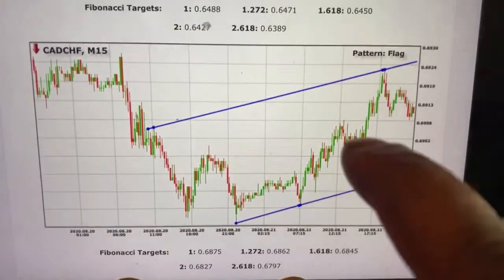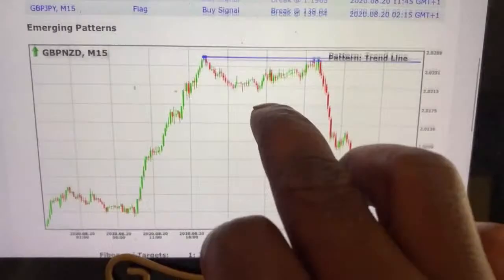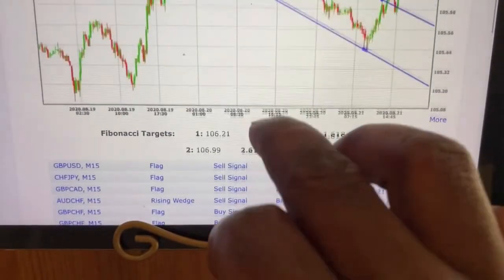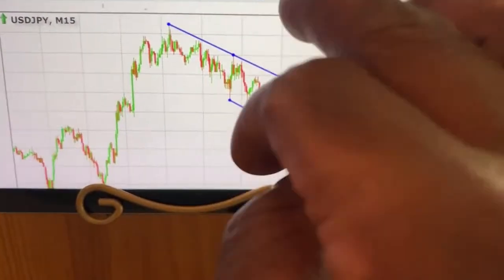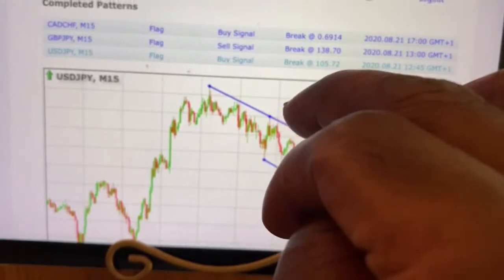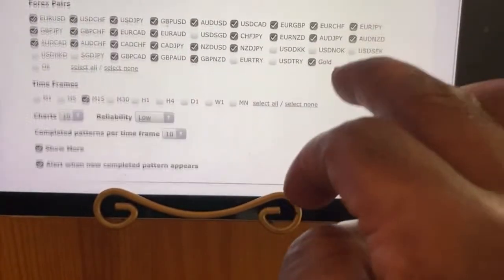This is how to trade the emerging pattern of the Forex Trendy, and I think it's even the simplest and the most profitable. Okay, we set it on the 15-minute time frame. But let us go and set the pattern on, let's